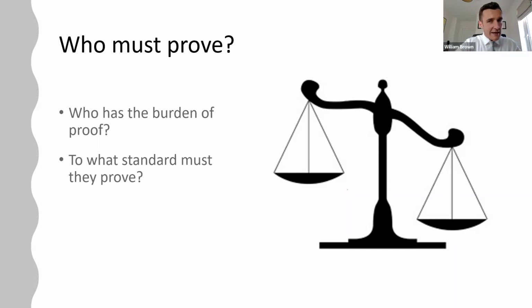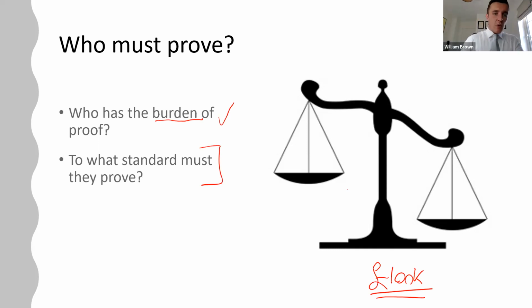When it comes to any claim in the civil side of our society, it is up to the person making the claim to prove it. Okay, it is not up to the other side to disprove what you're saying. It is up to you to prove it in the first instance. So if you're making a claim of £100,000, you need to demonstrate that you are entitled to that £100,000. That is what we call having the burden of proof. The burden rests on the party making the claim. He who asserts must prove.